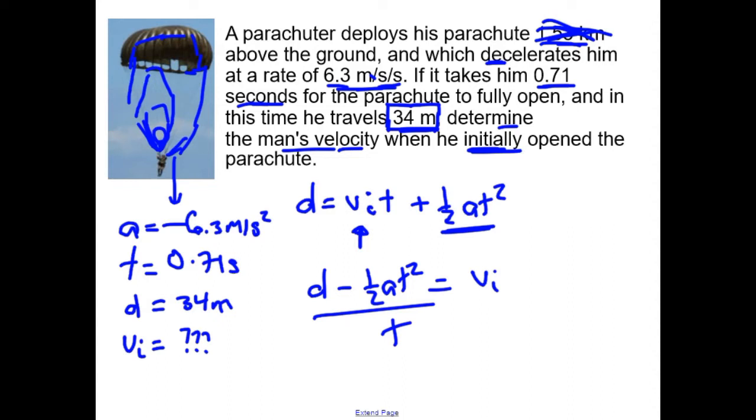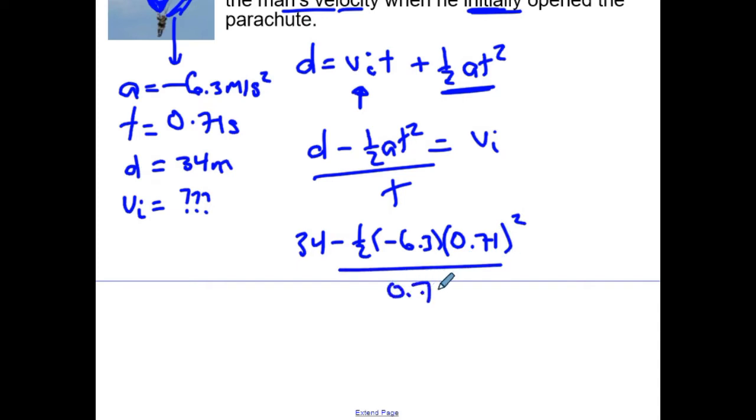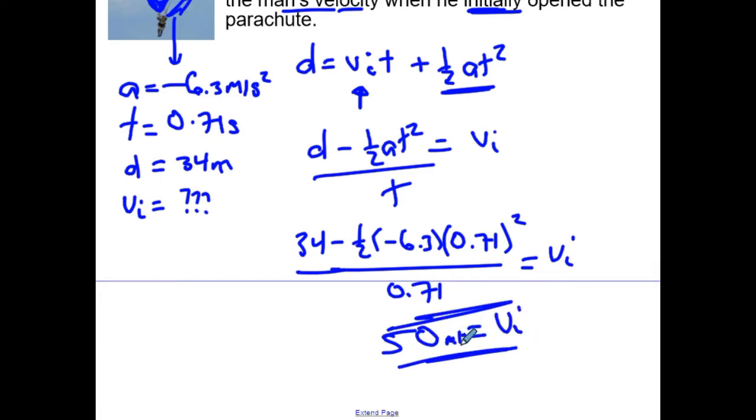And honestly, this is what we did, right? So if I were to, oh, I need a pencil here. If I were to now plug in those same numbers, it would be 34 minus the half of negative 6.3 times 0.71 squared, all over 0.71 again, and there you'll get your answer. Now, one of the challenges of doing this is you have to know how to use your calculator. If you do it right, you should get the answer 50. And if you're not getting the answer 50 meters per second down,